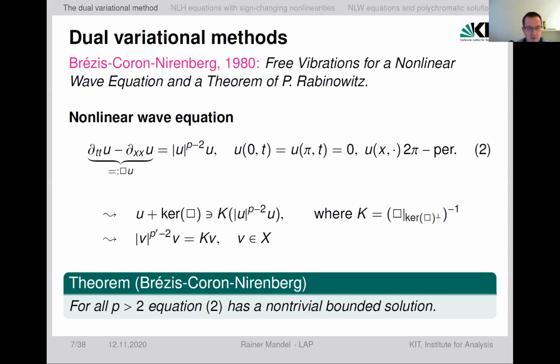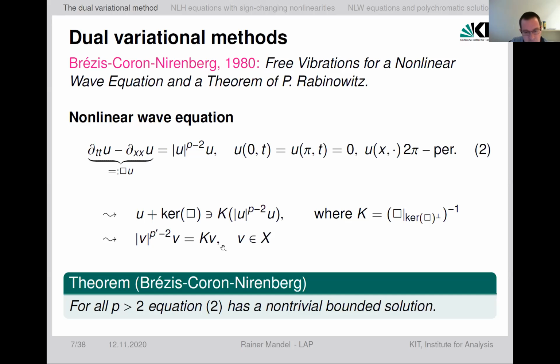So they considered the 1+1 wave equation with a p-1 power nonlinearity on the interval from 0 to pi with homogeneous boundary conditions, and they looked for time periodic solutions. And they used a kind of right inverse, that's what I call here K. In this paper, it is also called K,